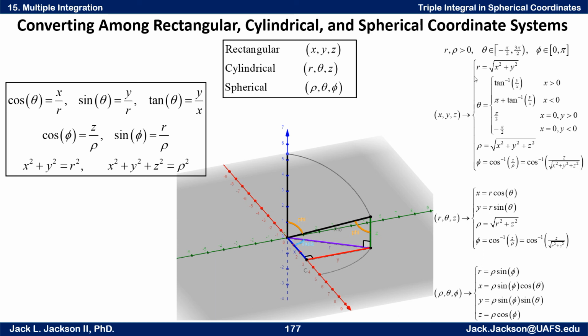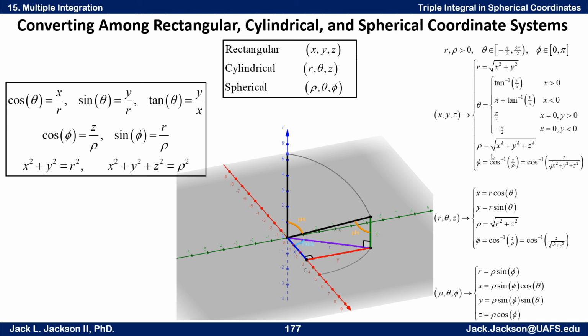If you have x, y, and z, r is the square root of x squared plus y squared. And theta, well, tangent of theta is y over x. So it's just the arctangent of y over x when x is positive will give you theta. When x is negative, you get the arctangent of y over x, and then you have to add pi to that. And, of course, if x is 0, these are undefined. So if x is 0 and y is positive, the angle theta is pi over 2. And if x is 0 and y is negative, the angle is minus pi over 2. So that's one way to get a specific value of theta, and that always turns out to be in that particular